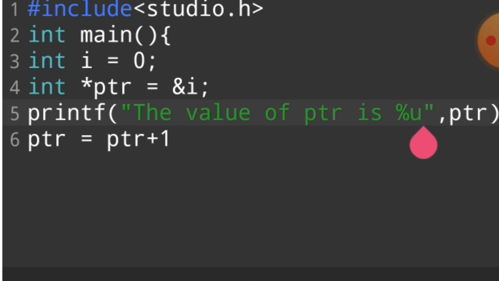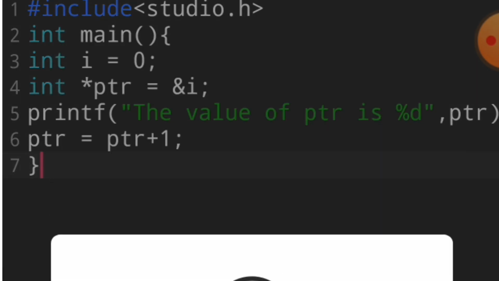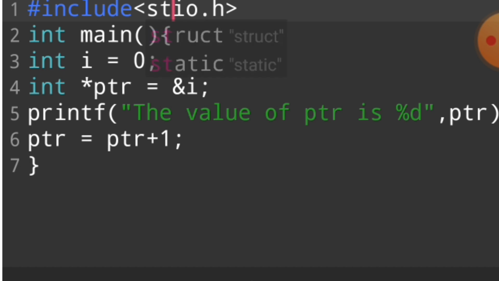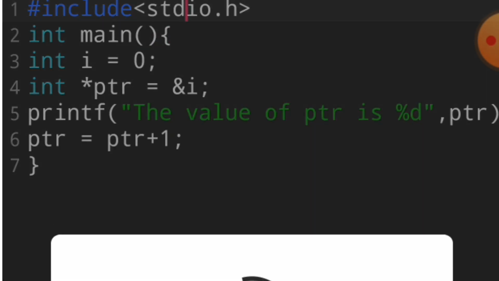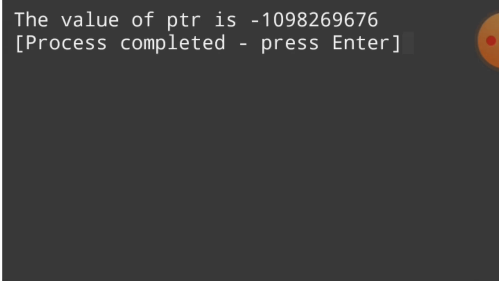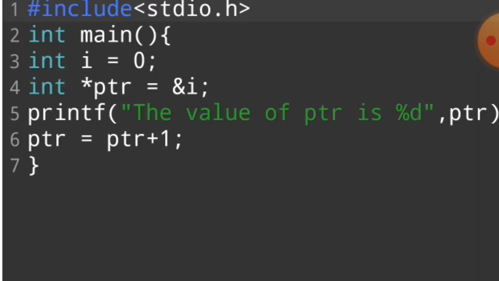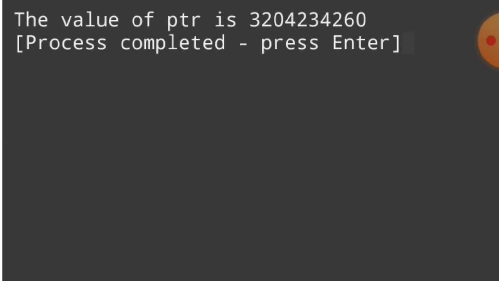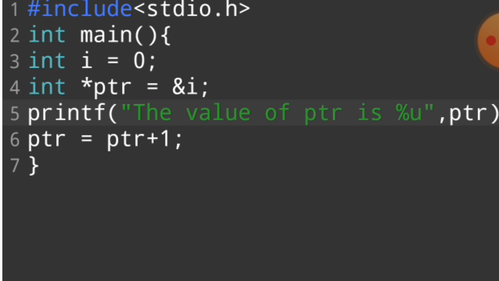If we write %d and I run this program, see what happened. The value of ptr is -1098. So in this case we want to use %u for printing an address. The value of ptr is printed.